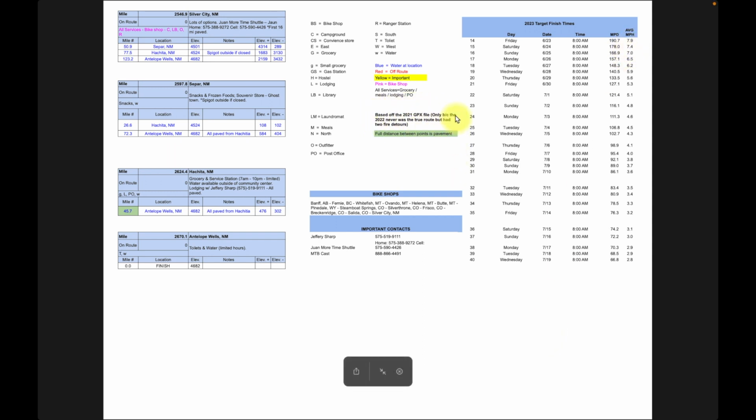All right, there's also a note right here, and this note is on all the planning aids. It basically tells you which GPX file is currently being used. In this case, it's the 2021 GPX file because the 2022 had a big fire detour. Also, we use the 10K because that's what people use in their navigating, in their GPS or whatever it is